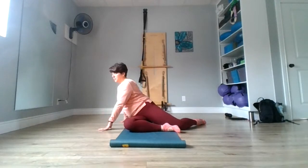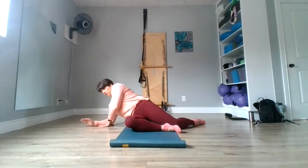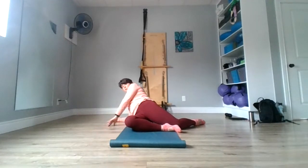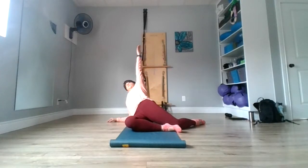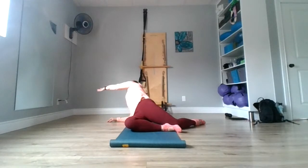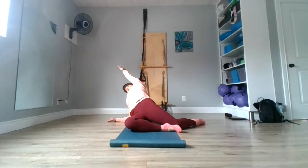And let's feel where we feel comfortable, and then we'll bring one elbow down. Maybe we feel like we can move back a little bit, and that's okay. Let's pull our shoulder up towards our ear. Let's reach and reaching up, up, up. Keep looking at the fingertips and swing the arm back. Shoulder up and reach for the knee and lift,